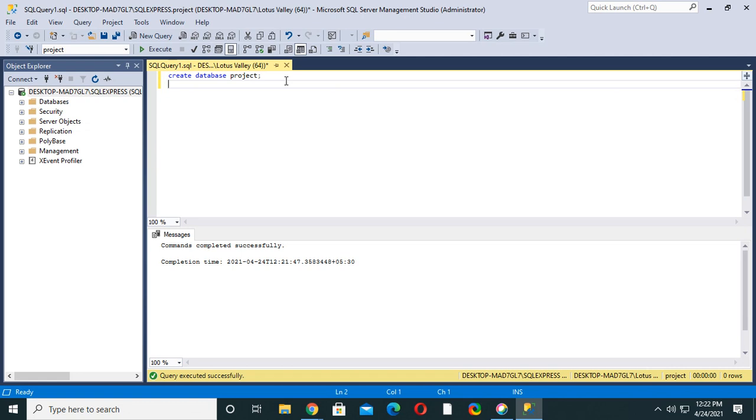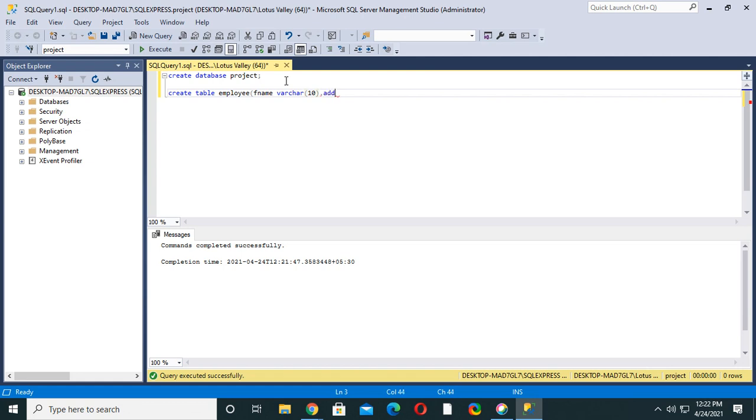SQL create table is used to create a new table. So the command is, you have to write create table, and the table name, in the book it's given as employee. You can take anything, it's just a table name. Now bracket start, and the first column is F name, that should be varchar. Varchar is a data type, and 10 is the size of your first column.